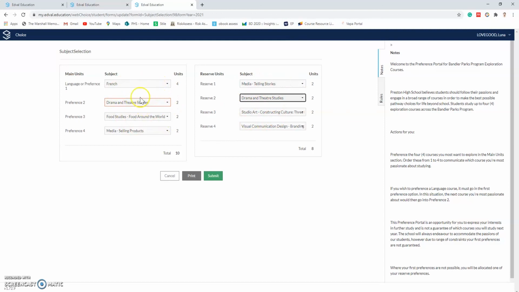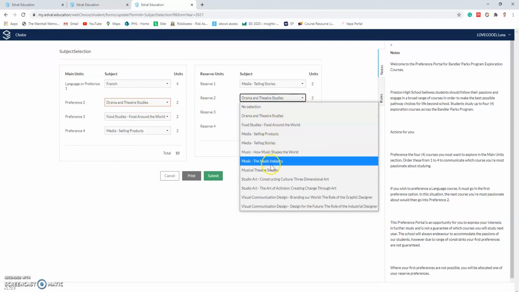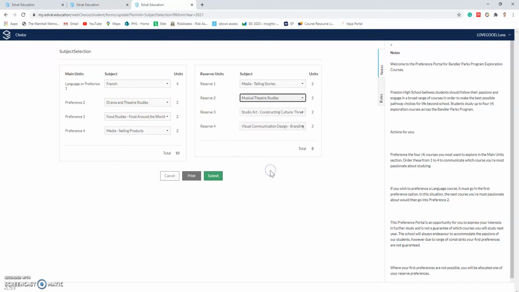And as you can see, a red box has gone around one of the preferences. So you need to go through and change that back to musical theatre studies, and you are ready to go. Again, you can continue to change your preferences all the way through until the due date if you need to. Once that's done, come through here to the submit button,